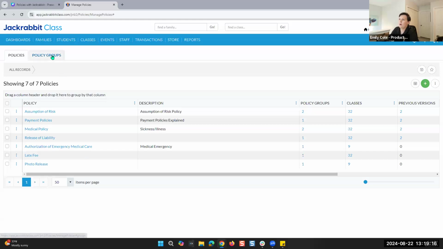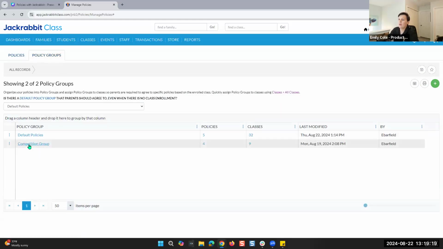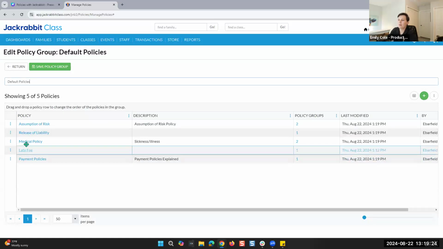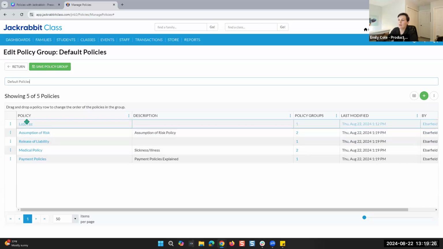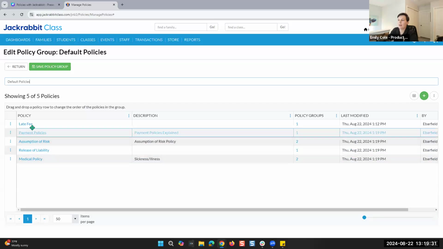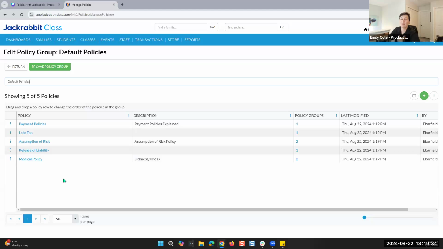I do want to show when you are looking in policy groups, let's go to this default policies, and I want this late fee to be moved up, I can absolutely do that, and I can put late fee at the very top. Or let's say I want to put payment policy at the very top, because that's my biggest thing. I want to make sure that my parents know how they are going to pay and all of the payment policies that we do have at this organization. I've got that one at the very top because if they're going to read one, hopefully they click on that first one rather than just clicking that I agree